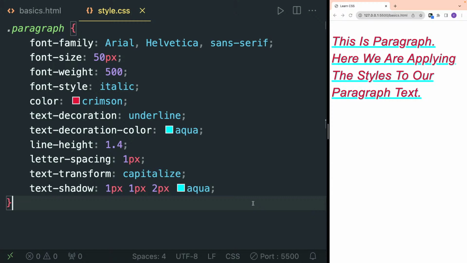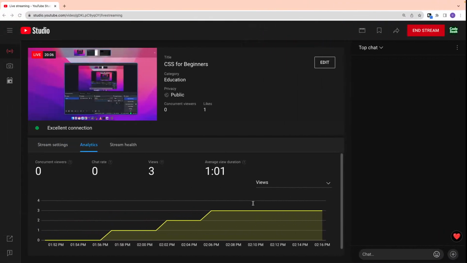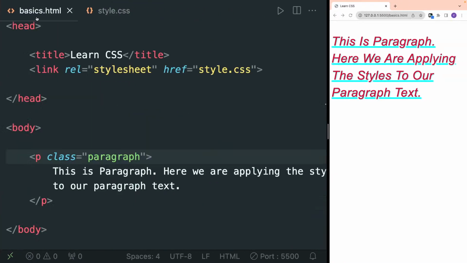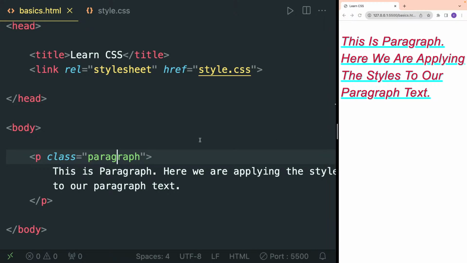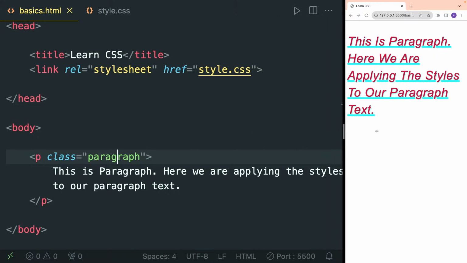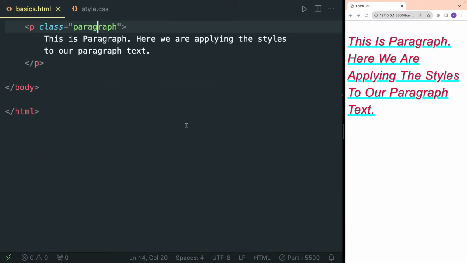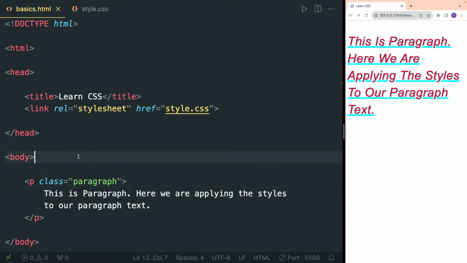Okay, so this was all about our CSS styles, text styles, right? So after that, let's explore some other options in the CSS styling. Okay, let's zoom out a little bit. Okay, this is good. So now actually we can write the styles inside our body, right? So for that,